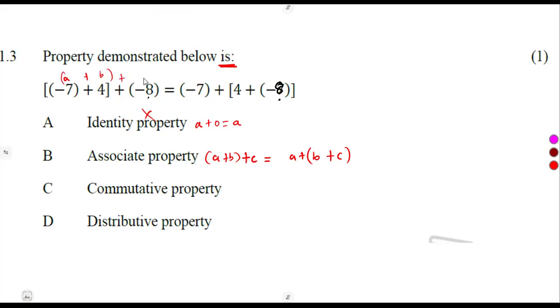Then plus C. But if we check on this other side, A is now on its own. Don't mind that bracket. The bracket is following the negative. Remember, a -7, we just put it in a bracket. So don't mind that. So this is our A separate. Then the B and the C are being combined in one bracket like this. So as you can see, guys, this is exactly our associative property that we are going to need on this